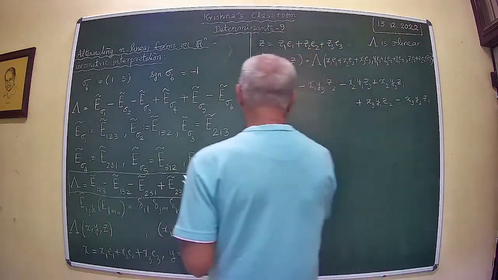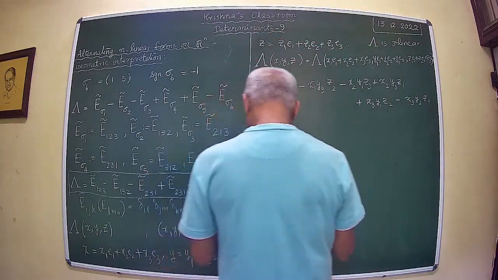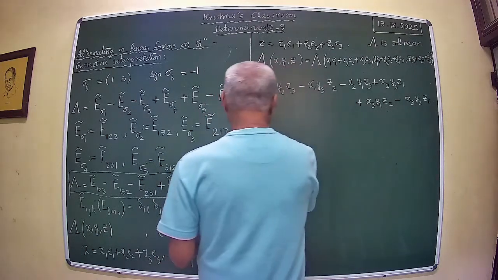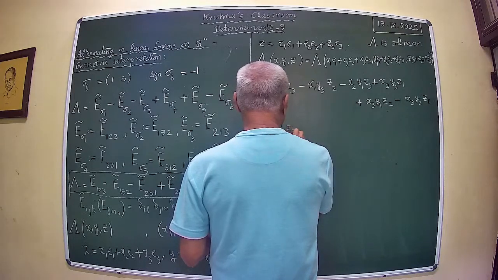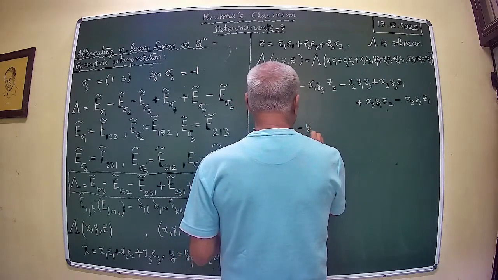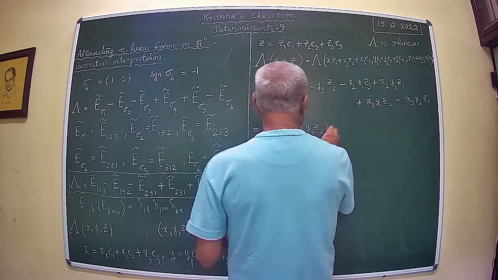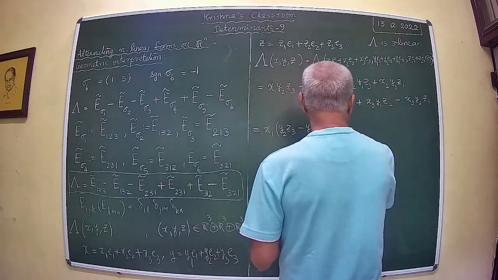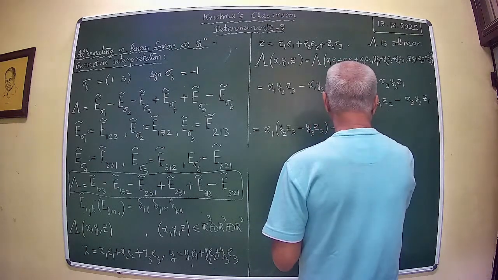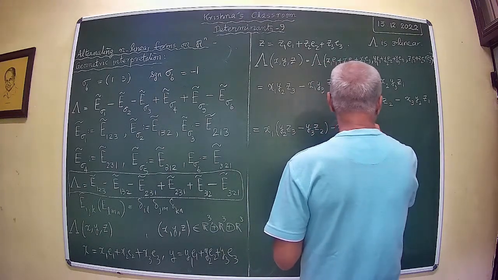So this can be written in the following form: x1 into, minus x2 into y1 z3, minus